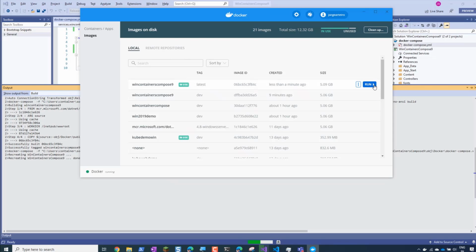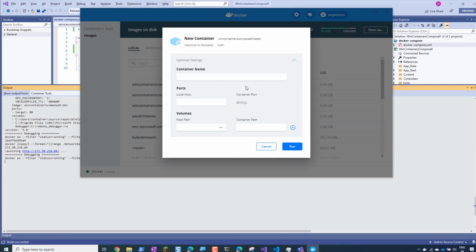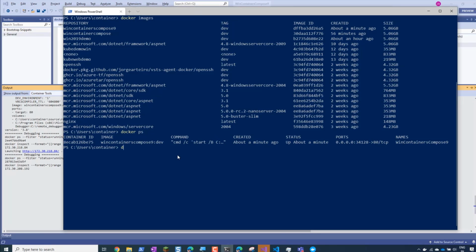If I go here on my Docker Desktop and I say run, and if I run here, I'm going to be running as Hyper-V containers because that's the default for Windows 10. But I can go on the command line and do docker run. I can do docker run in background, remove that after. And